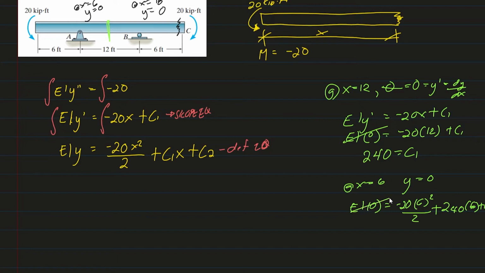EI times 0. 0 yan. Ito, guys, magiging 20 divided by 2 is 10. 10 times 6 squared, 10 times 36 would be 360. So, negative 360 plus. Ito, 240 times 6 is,